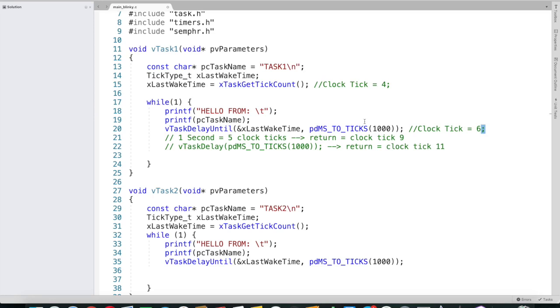Because it actually takes a reference value, the reference clock tick, which here was the last wake time, and from this reference it calculates how many clock ticks are remaining to achieve the delay I want. Because it calculates in the future, I should return, for example, at clock tick number 9, and currently I'm at clock tick number 6, so I only need to sleep 3 ticks, not the entire 5, because 2 of the 5 were wasted in the printing, and I'm here creating a periodic task that should wake up every 5